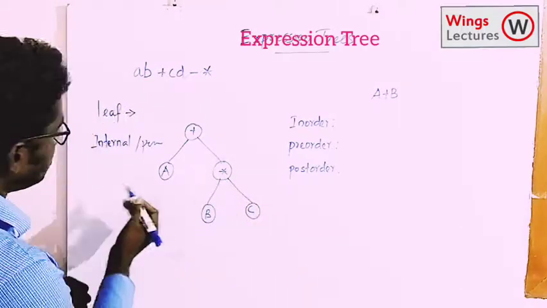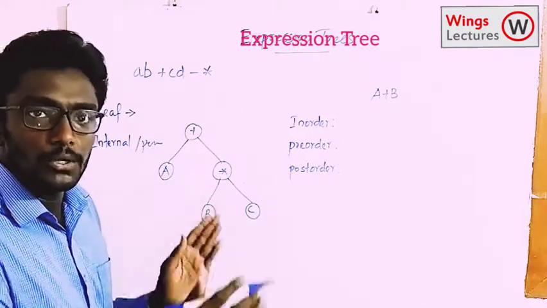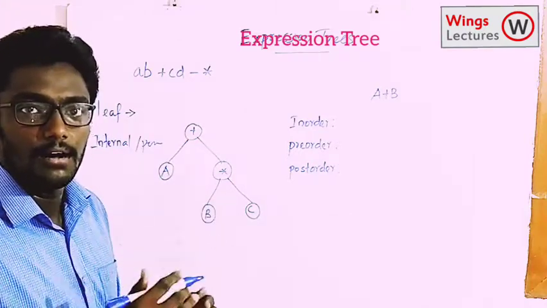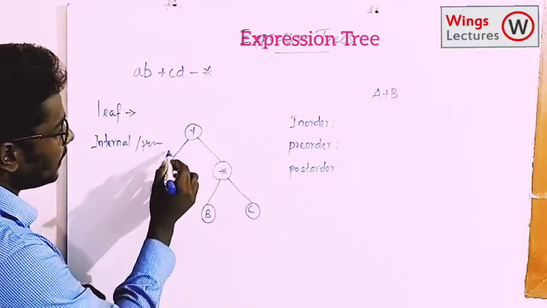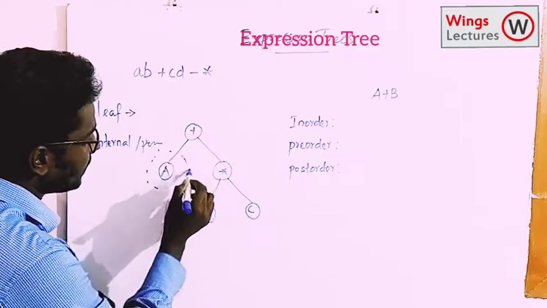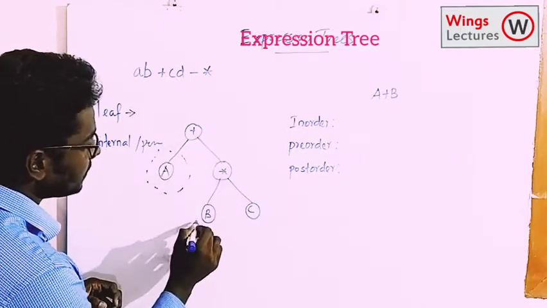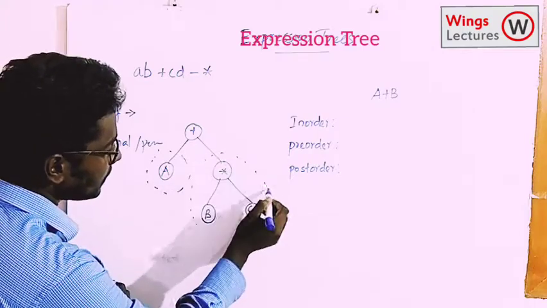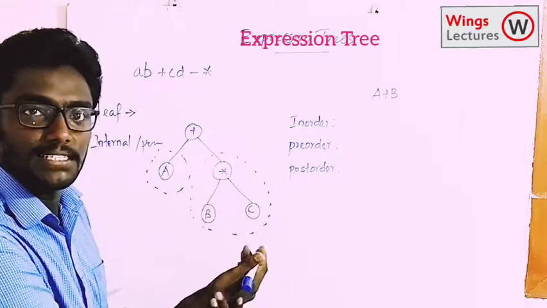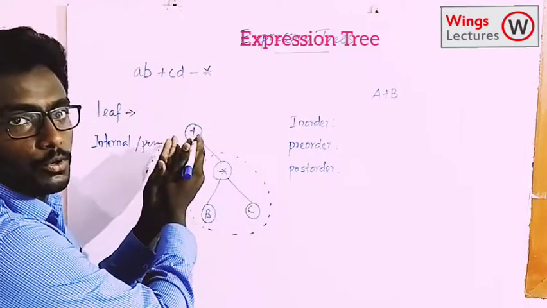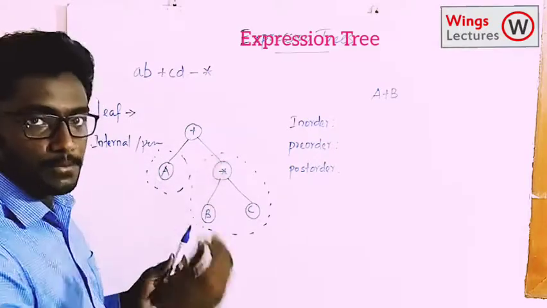Okay, and see, for the root node, the subtrees are going to be considered as nodes. So here for this root node, the left subtree is this node, right? And for the right subtree, the whole node is going to be considered as the right subtree for this root node. So the operation is going to happen like that. Okay, so let me explain with an example.